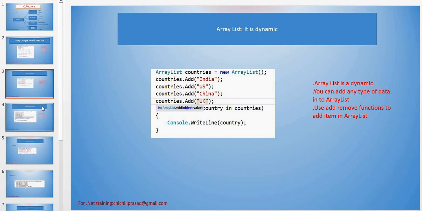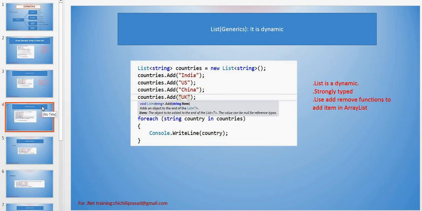Okay, so move to the list. List is again dynamic, and we call this the generics one. Most of the time we will be using generics, not any other collections. 95% we will be using generics only. Generic list is a dynamic one. The difference between array list and list is, in the array list we are not specifying any data type, so it's not strongly typed. In the generic list we are specifying the data type, so